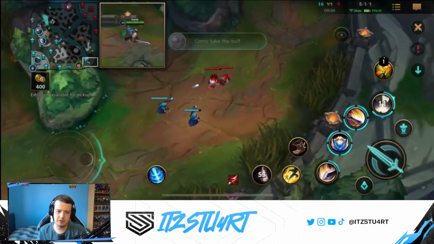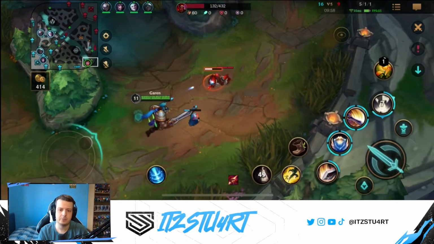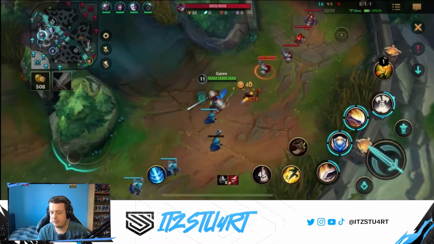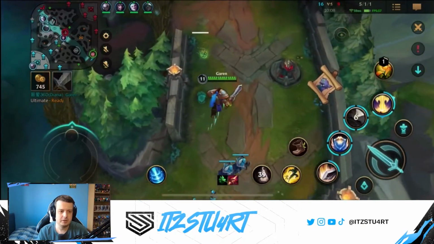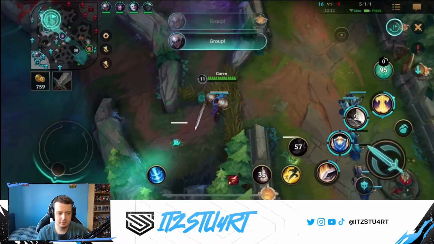We're going to be building a lot of health. Obviously Divine Sunderer is a big counter to Garen as well. Divine Sunderer Baron laners, because again, you deal percentage health damage, which Garen has a lot of. But this game, we were able to get enough to get ahead and hopefully